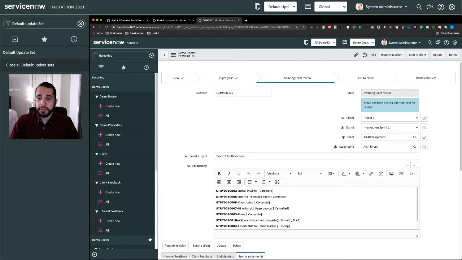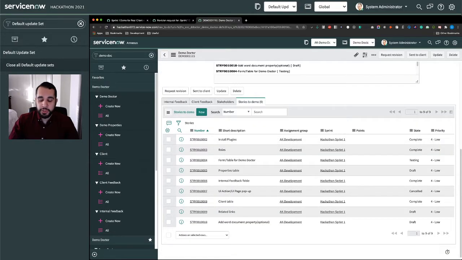At this point, we see that I'm logged in as an admin, and I have the option to request a revision or send this to client directly. If I am the assigned to user, I won't have those options. So at this point, let's say that we check out the emails